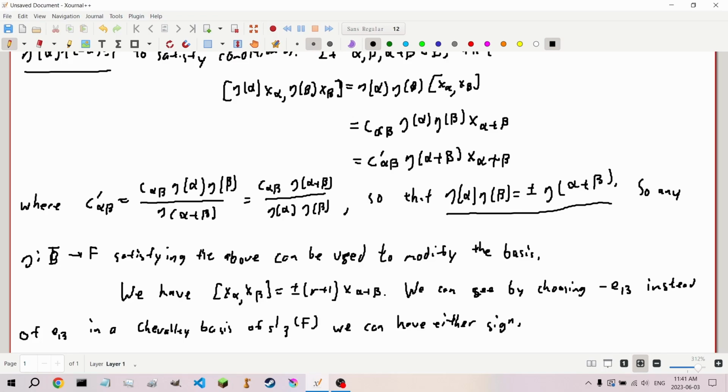You can also prove the existence of L by writing down the multiplication table and then just working through the Jacobi identity, which is really long and doesn't sound fun. So we're going to go ahead and move on to our next section,